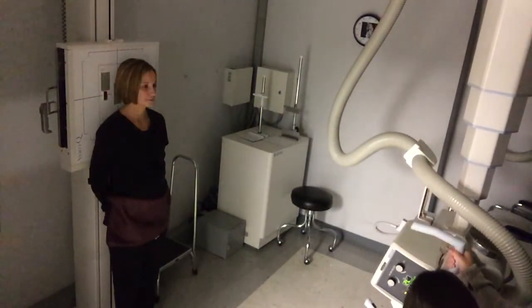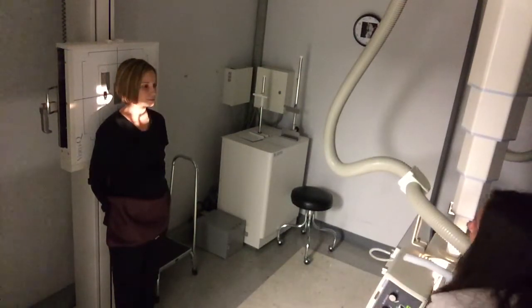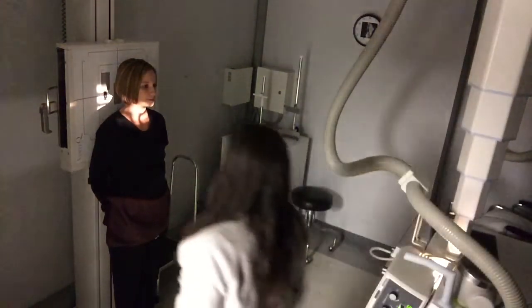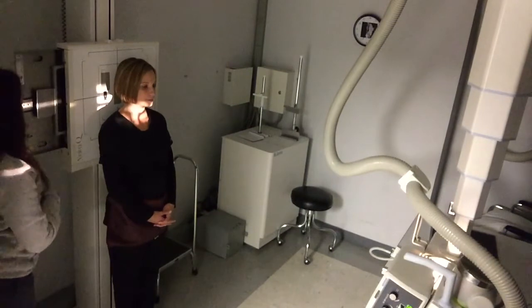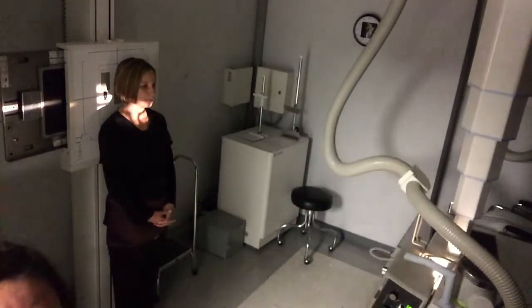Hopefully it'll stay for me. Alright. Now I'm going to lower my tube down, and I'm going to kind of get it in the ballpark again. I'm looking for her Adam's apple, or C4, and that's where I'm going to center. Now this worked out that I'm still pretty well lined up to my IR. Again, with an angle like this, we are looking to see that we're lined up with our cassette,